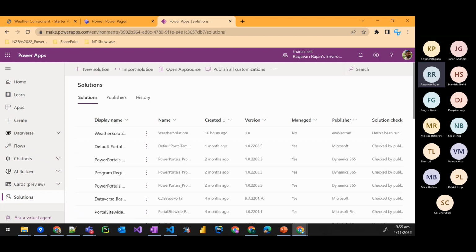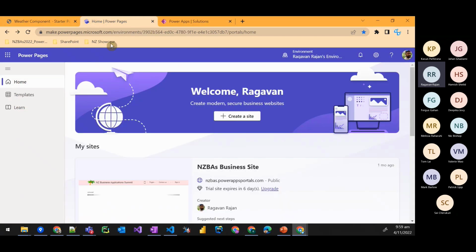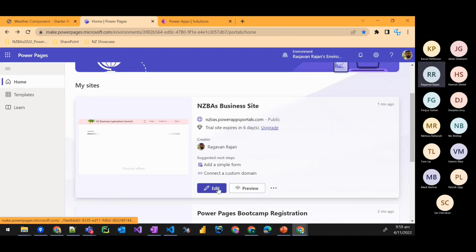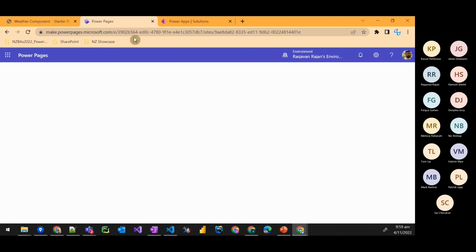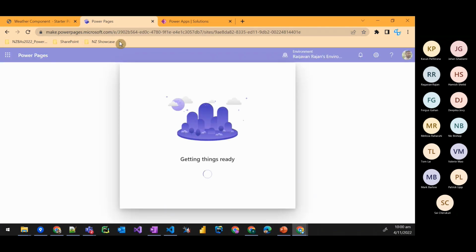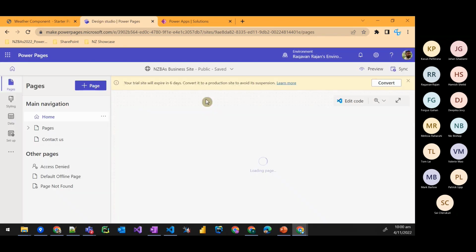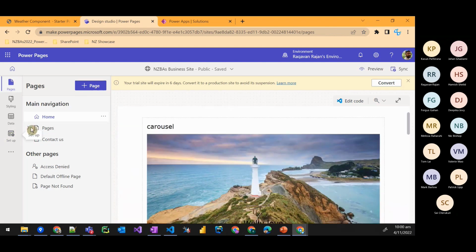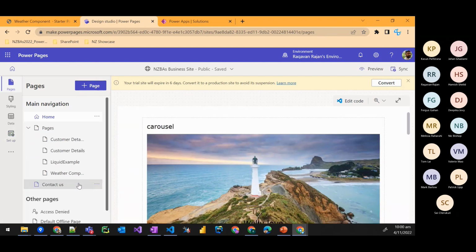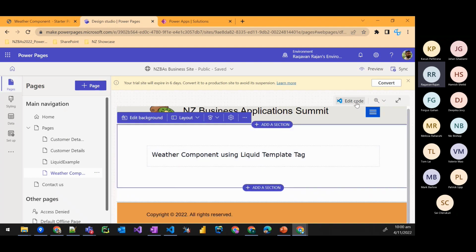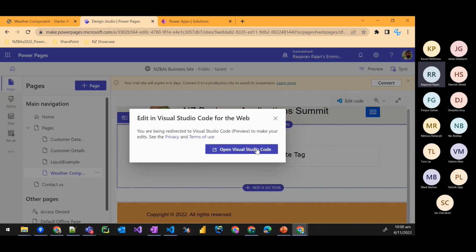To do this, I'm just going to the page. You can see the simplified user experience. Click on edit. Yeah, this is the place where I would like to show my weather component. In this case, you can see edit code, which is the newly introduced feature. It will open up straight in VS Code. And if you click on open in VS Code,